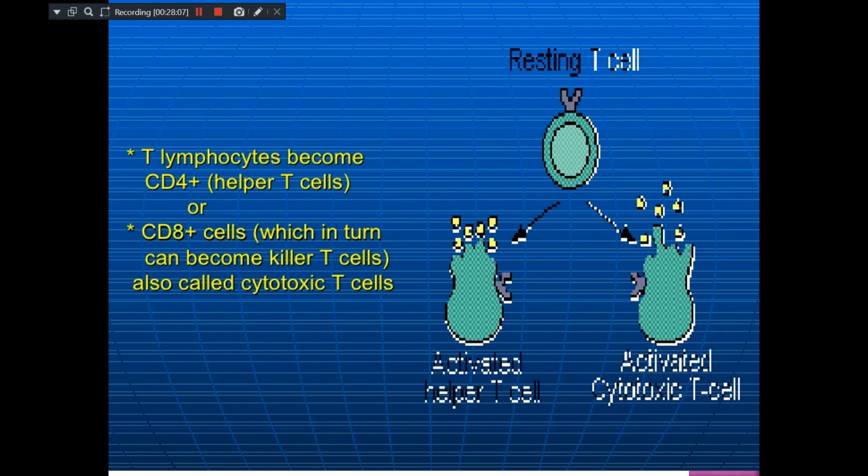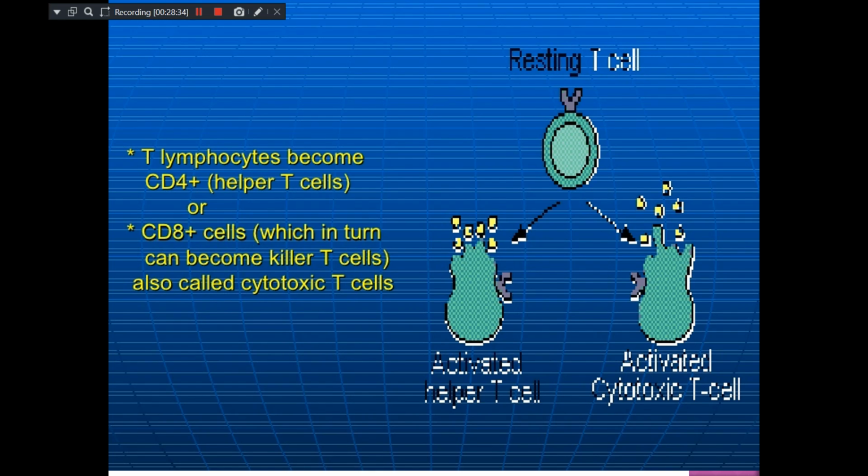So T lymphocytes, most of the time, become CD4 cells. CD4 cells are also called helper T cells, or sometimes some of them change into CD8 plus cells, which in turn can become killer T cells. The CD8 cells are known as killer T cells, also called cytotoxic T cells, because they can directly